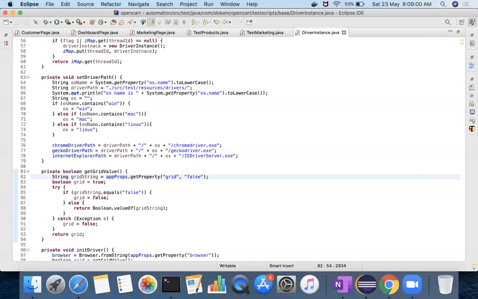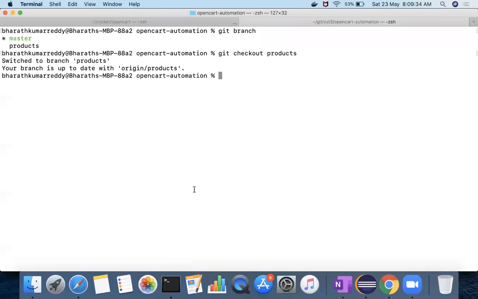See, now whatever the changes that I made in my previous commit are breaking the test cases. For Windows you will see chromedriver.exe, but for Mac it's only chromedriver. All right. So with what we did, when it is Windows it will work, but when it is Mac or Linux it is not going to work. So that change I want to revert back. Revert back means I don't need the recent change, I need the previous change. Okay. So that can be done.